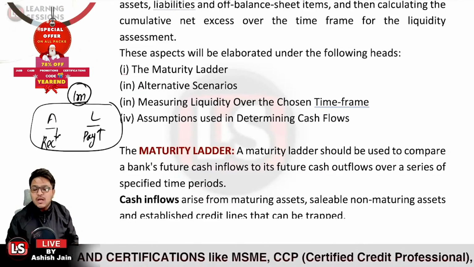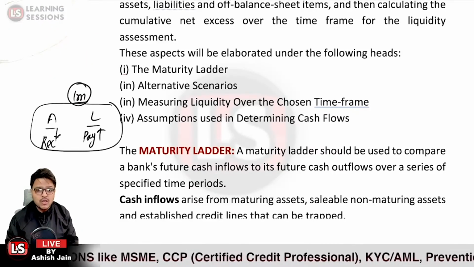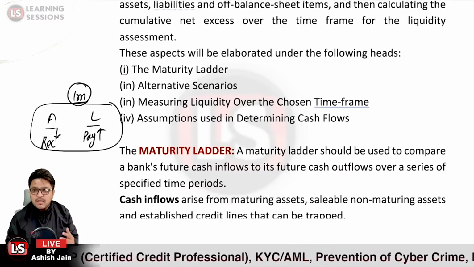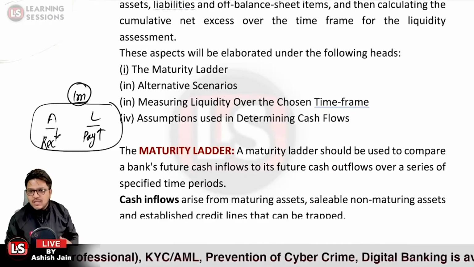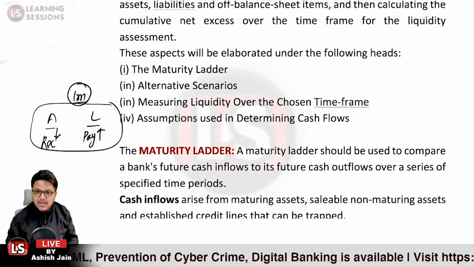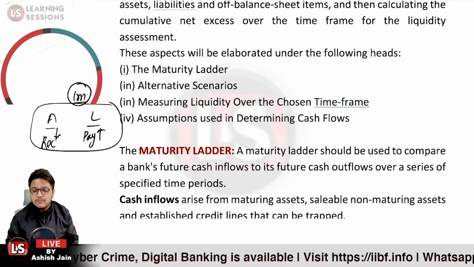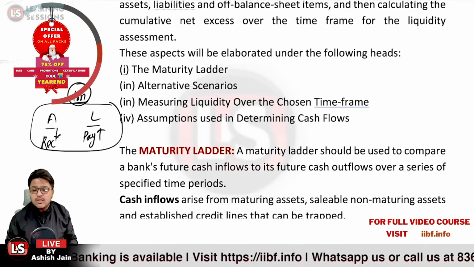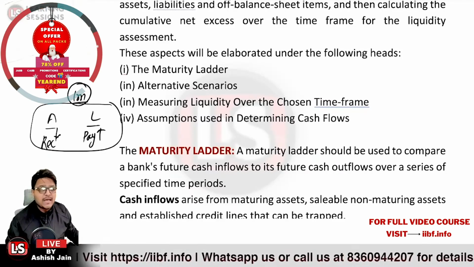So whatever your maturing assets are, it may be the case that you have invested money in the stock market or the capital market. In that case, you will be receiving that sum after the maturity itself. And also on the credit side, that is also related to assets. In that case also, you will be receiving the money whenever the installments are due. That is related to the residual maturity, and basically those will be your cash inflows.